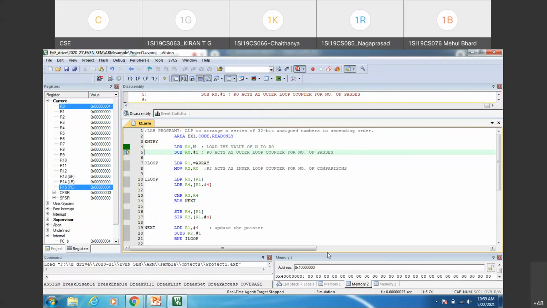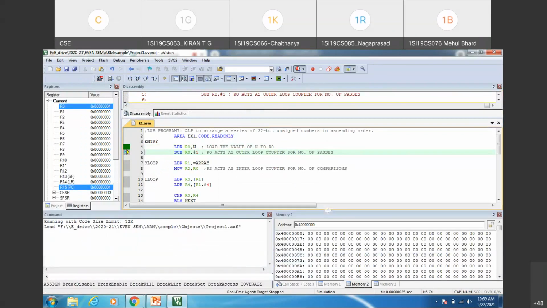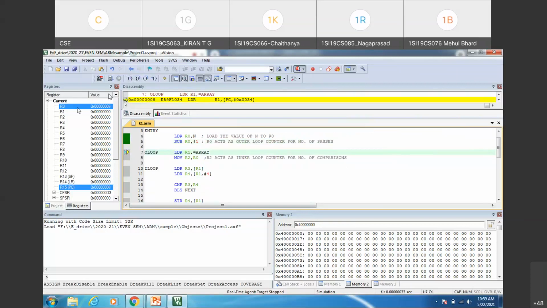Just observe how to initialize the array elements. This is the memory window 2 I have taken. What address is it taking for the array? After execution of LDR R1, =array, you can go to that address and edit the locations. Let me also execute the second instruction, SUBS R0, #1. See what is there in the R0 register now? 3. 4 elements I have taken, and 3 passes are sufficient to do the sorting, right? That's the data held in R0. Once R0 becomes 0, that means we are done with all the 3 passes.